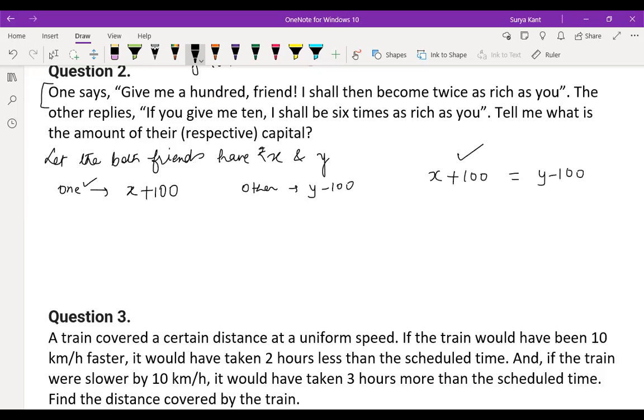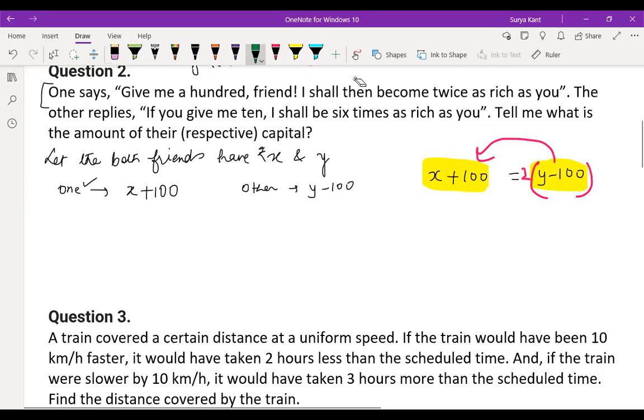So which is twice? This first friend is twice or second friend is twice after giving the money? This first friend will be twice, no? Yes, sir. See, this friend is gaining the rupees and this is losing. So what is telling that if this one will give 100 rupees to this guy, this becomes twice, right? So we have to do ulta, multiply here 2. Why are we multiplying 2 on the other side? You understood? Because we have done so many questions based on this.